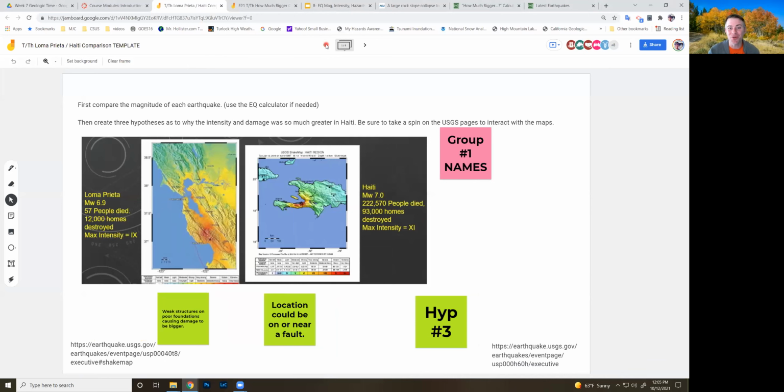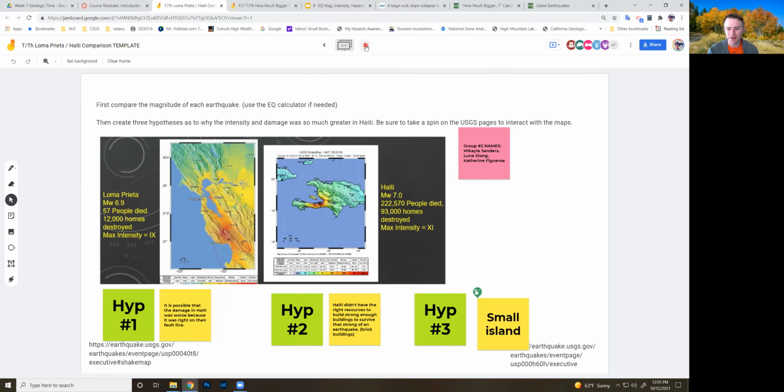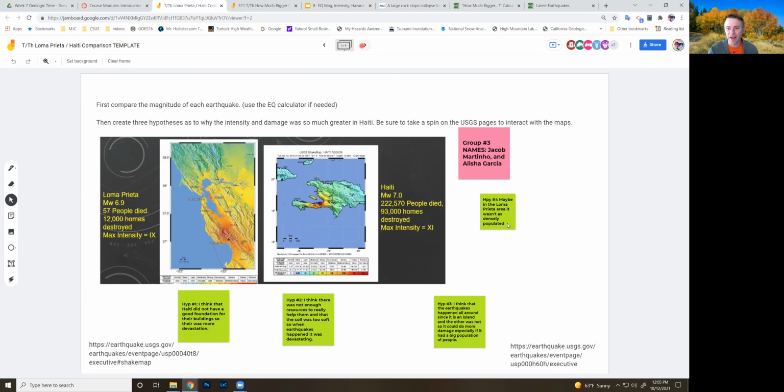That's good. What I was trying to say is that I ended it a little early because everybody was rolling pretty good on this. Some of the common things folks were talking about were weak structures or poor foundations, maybe being near a fault, maybe not having the right resources to build buildings, and maybe being on a small island having something to do with it. Another that came up was that maybe there wasn't as much population,